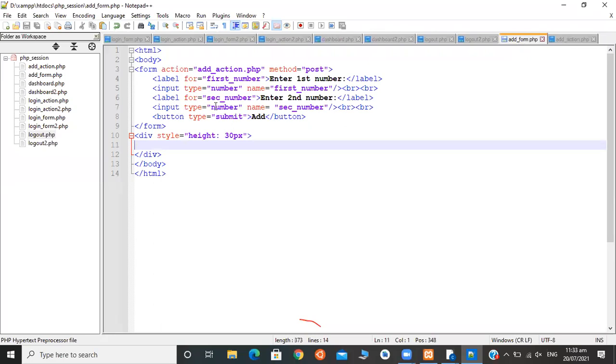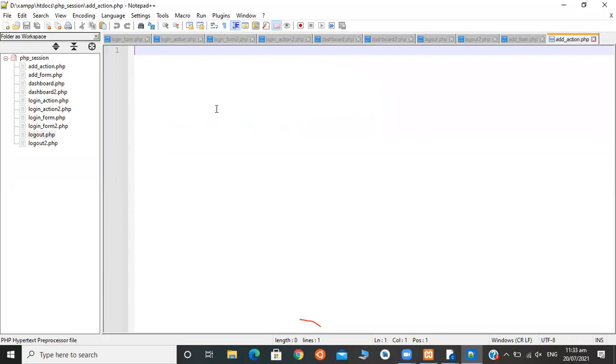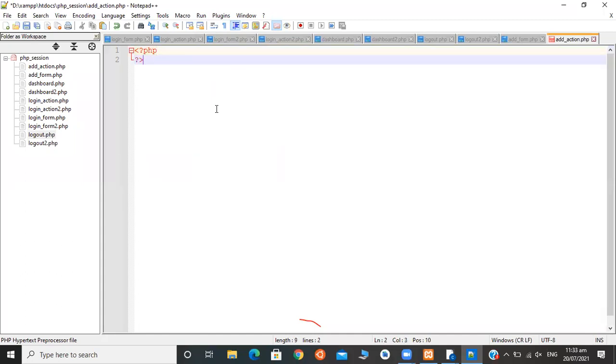That is first number and second number. How to get those variables here in PHP? First number, PHP. Any one of you can write for me.